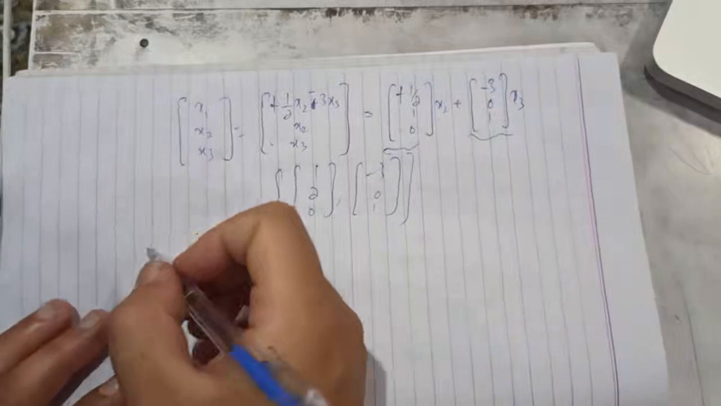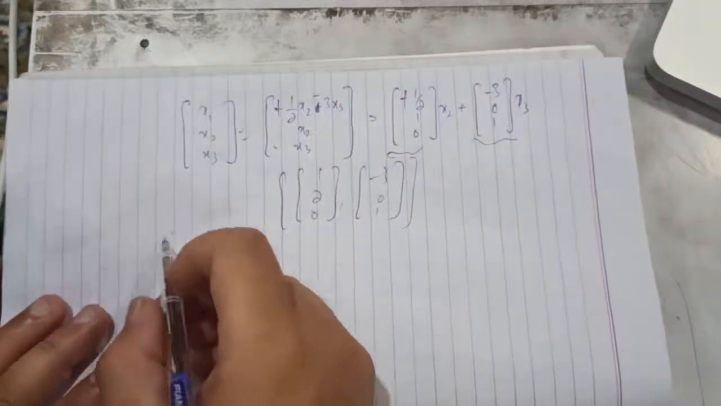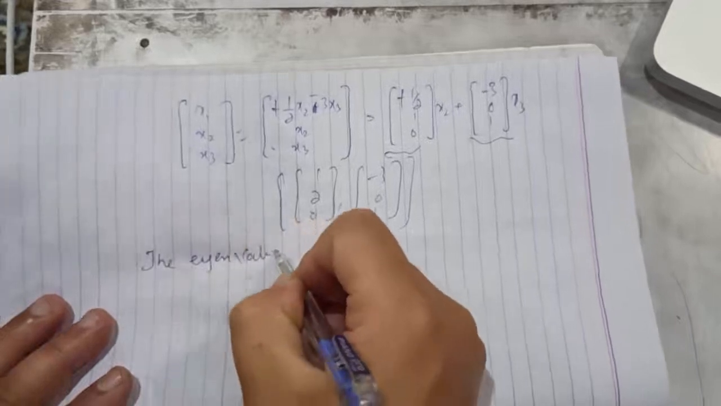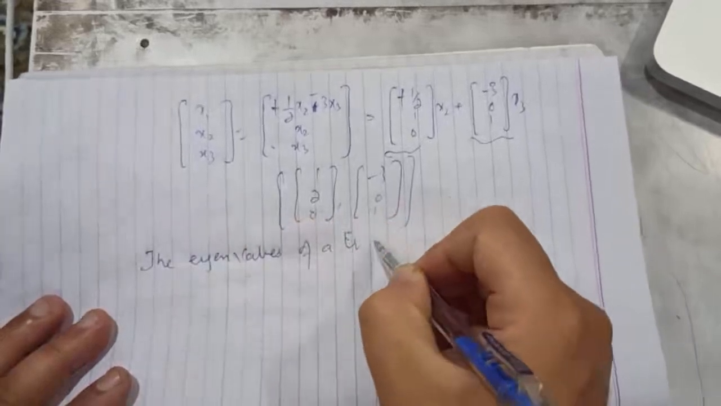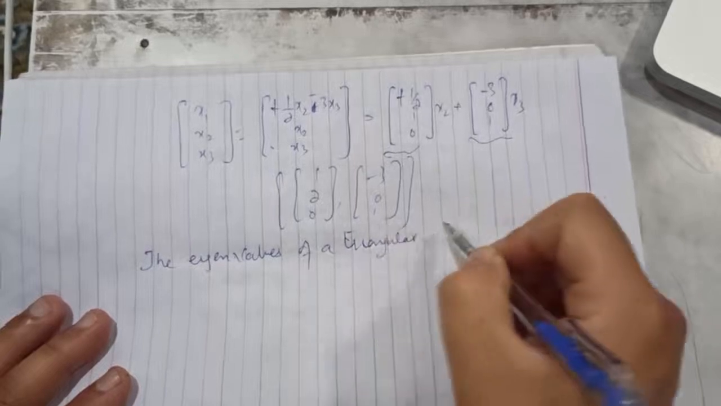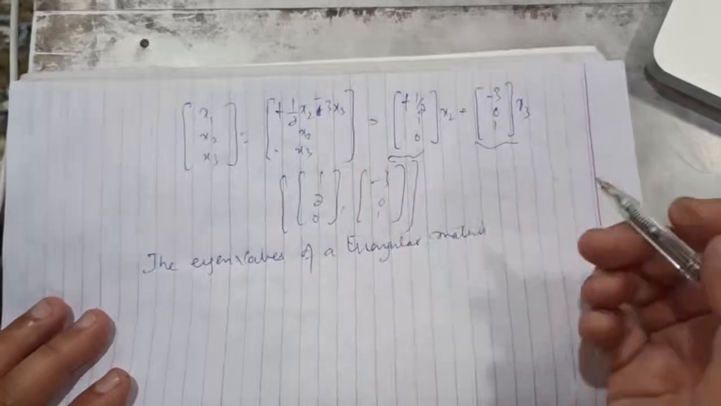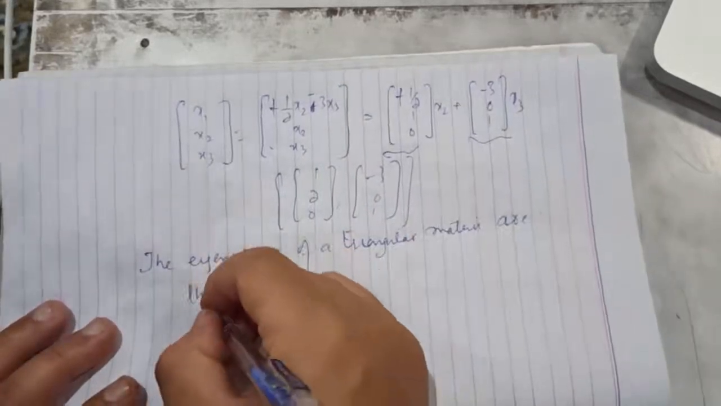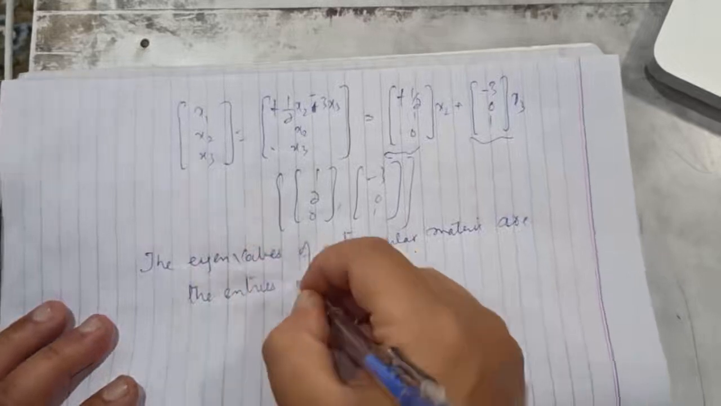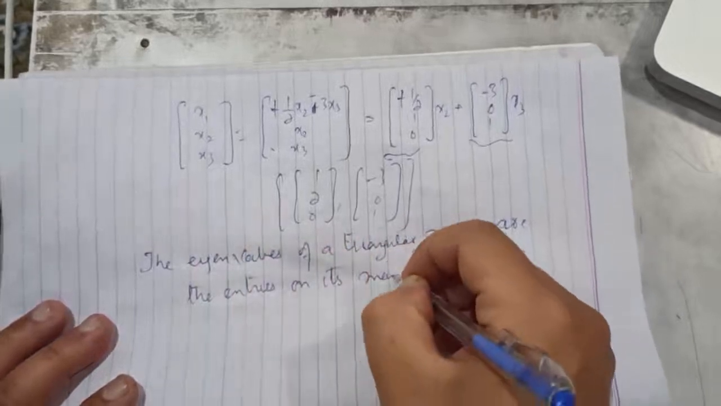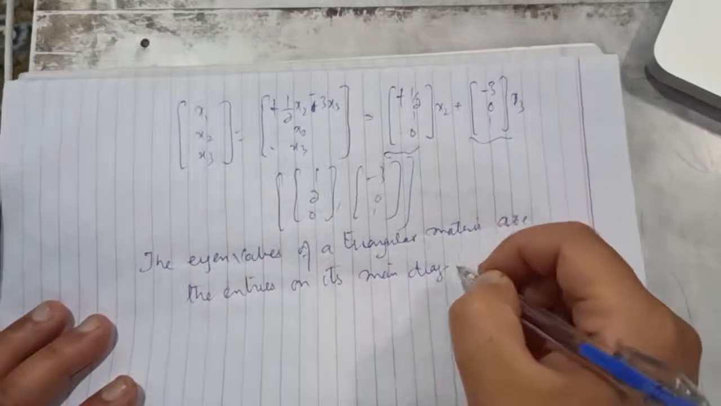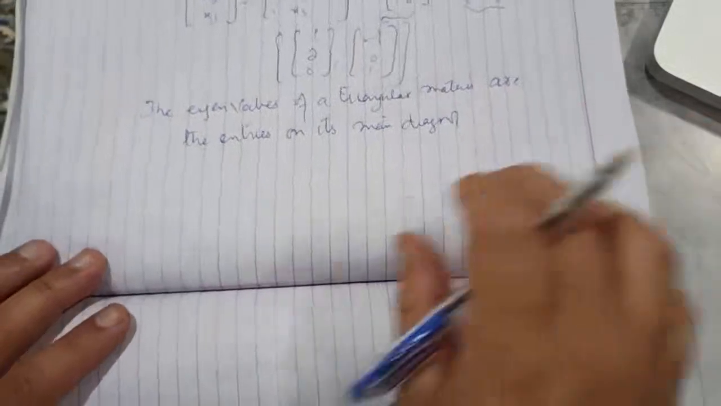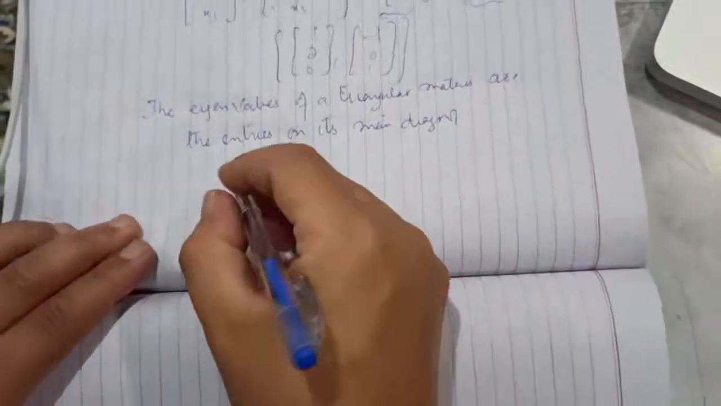So one of the main properties of eigenvalues concerns triangular matrices, a very quick shortcut to find the eigenvalues. The eigenvalues of a triangular matrix are the entries on its main diagonal. So if there is a triangular matrix, either upper triangular or lower triangular, let's say in this case